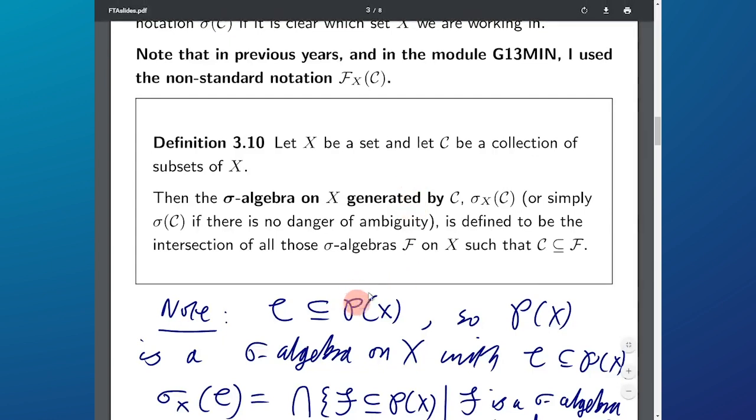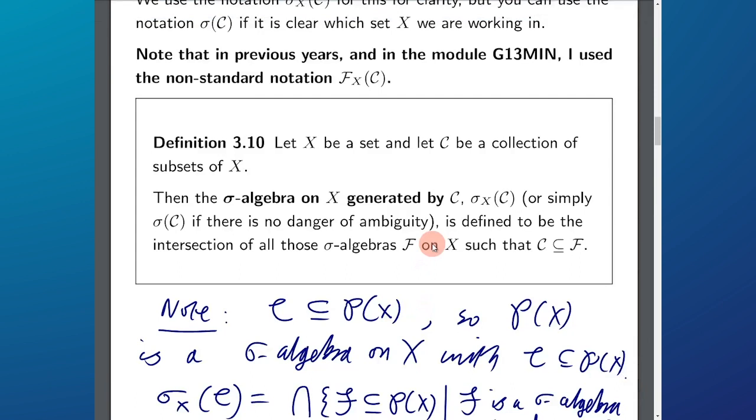The discrete topology, the power set of X, is certainly a sigma-algebra on X, and since C is a collection of subsets of X, C would be a subset of P of X. So there is one. You could now, if you wanted, give a notation for the set of all sigma-algebras on X which include all the sets in curly C. And as I say, that's a set of sigma-algebras. So that's a set of collections of subsets of X. And that would need a secondary degree of curliness that I'm not capable of writing. But I think I shall